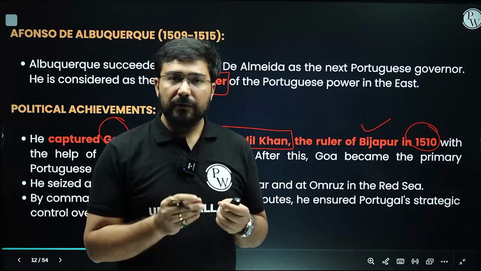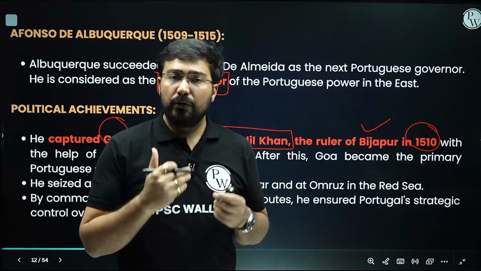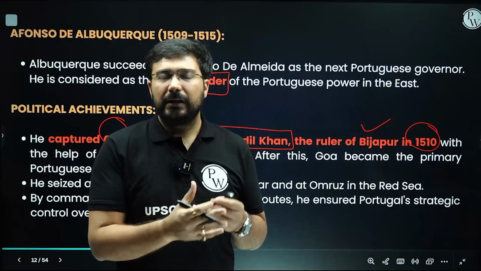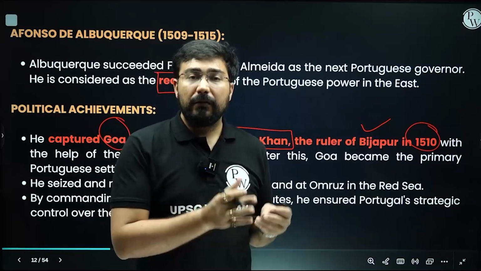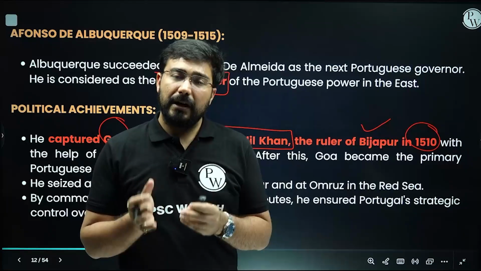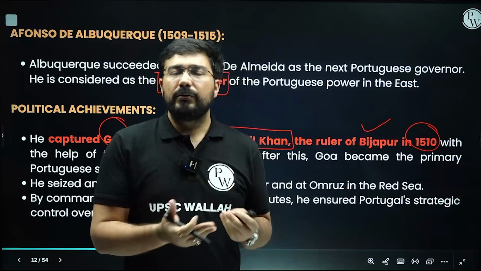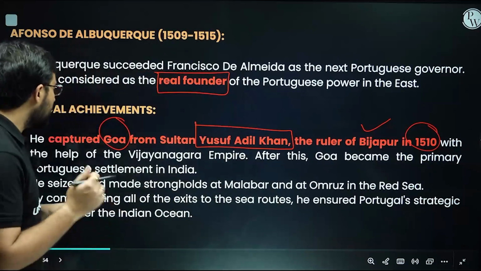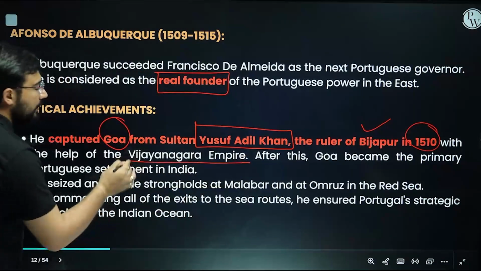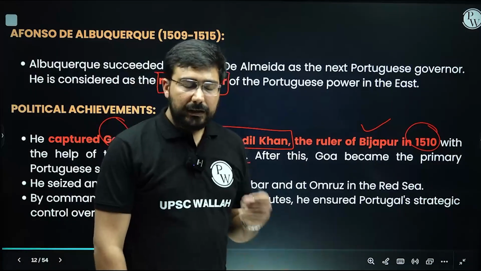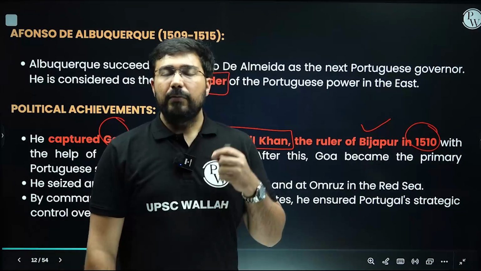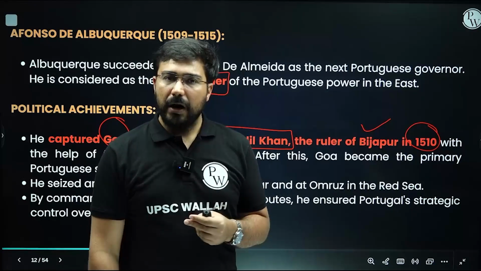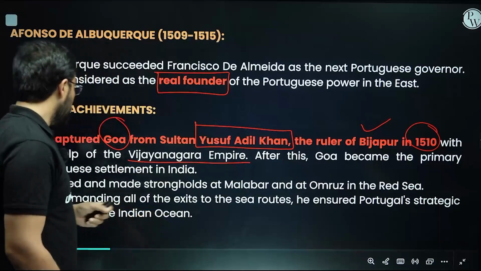This topic which we are discussing, the arrival of the Europeans, is very important for prelims. In mains, they largely ask relatively fewer questions, but for the sake of developing answer writing in our classes, we'll start from these topics also. We will focus only on the main theme for the mains, but for the prelims, you have to remember such kinds of facts. And he took the help of the Vijayanagar Empire also. At the time when the Portuguese came to India, we had the Bahmanis and we had Vijayanagar, and both of them had a trading relationship with the Portuguese, and from the Bahmanis they captured Goa.